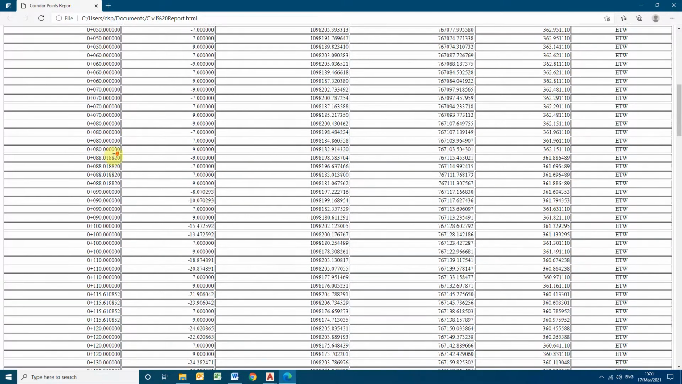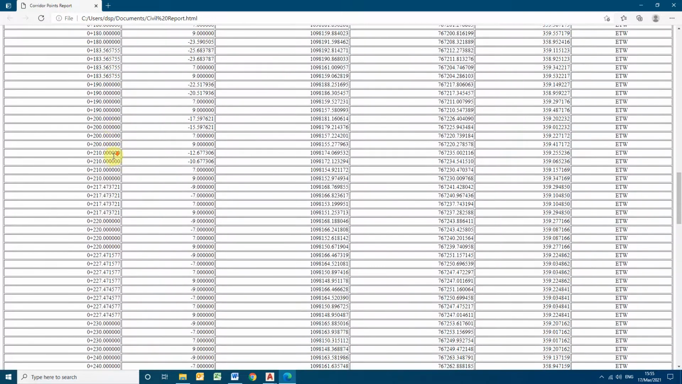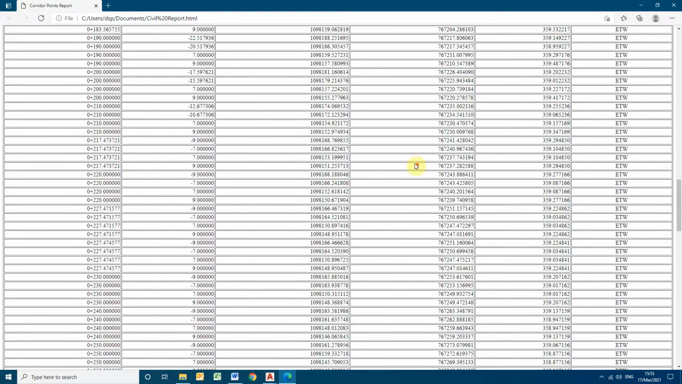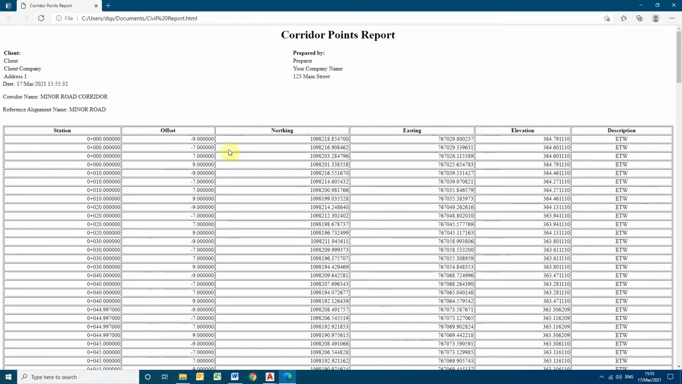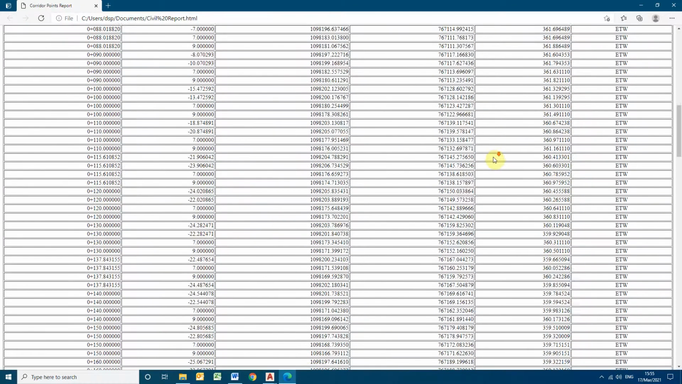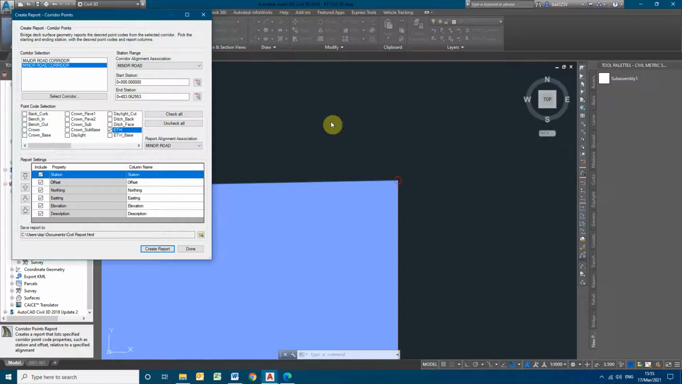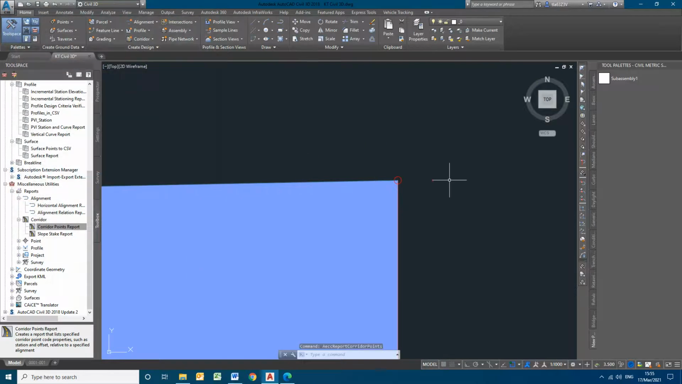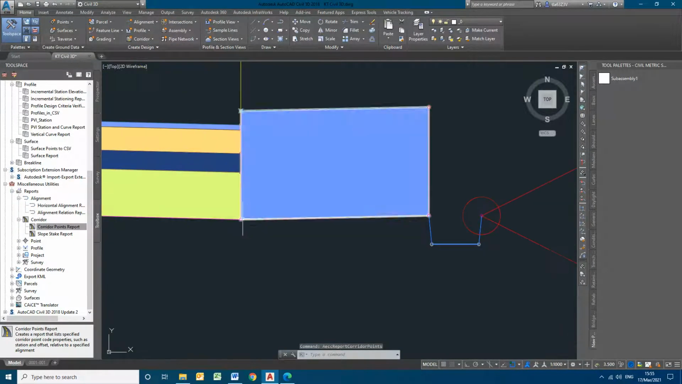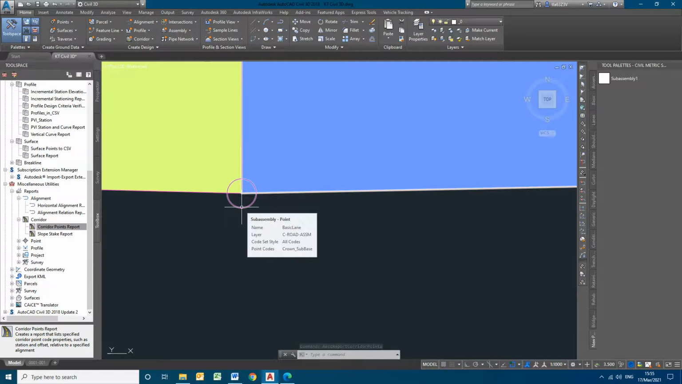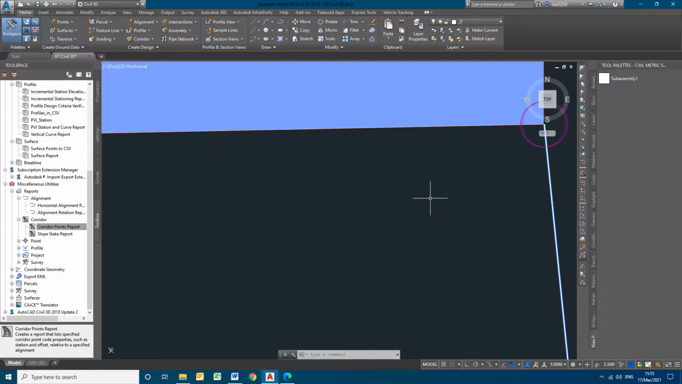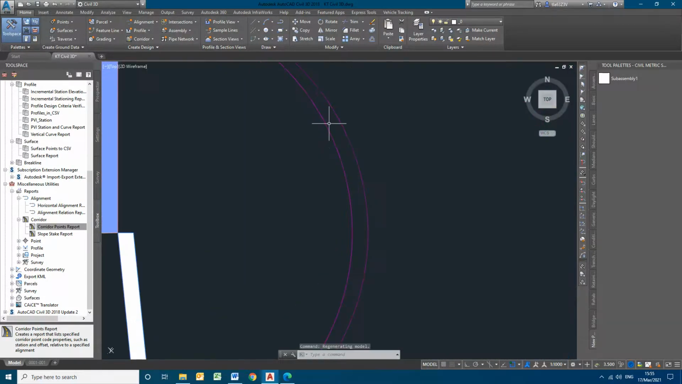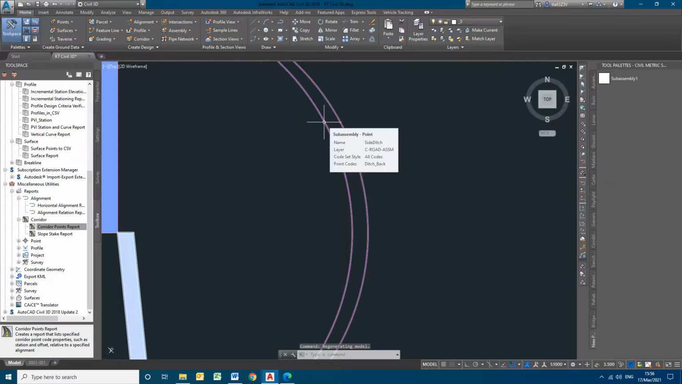So you can see equal intervals of 10 meters we are getting, and the elevation report also we will be getting, and the offset distance also we are getting. So you can see here there are many other point codes available. So even this is crown, sub base, each and every link or node will have its own point code detail. This is all codes, ditch back,